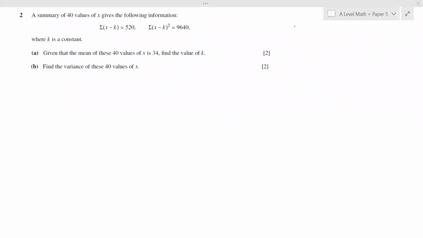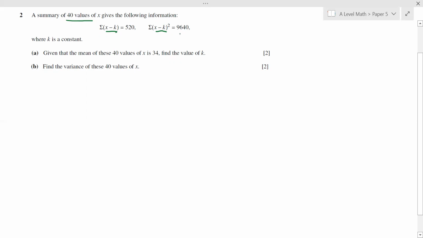A summary of 40 values of x gives the following information. The sum of (x minus k) is 520. When we look at x minus k, it means that we subtract k from all the 40 values of x, meaning that for each value of x, we subtract k, add, and we get 520. For the second piece, we subtract k from x for each value of x, square them, add,